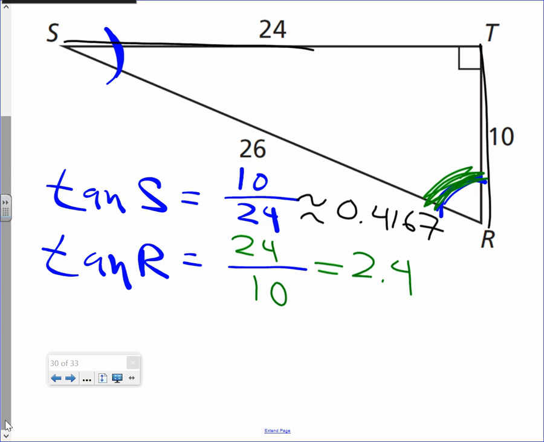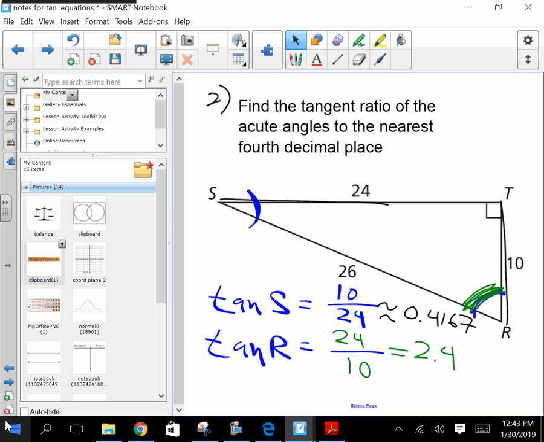I'm going to put you guys in groups of 2. What are these guys doing here? Can someone tell me what these guys